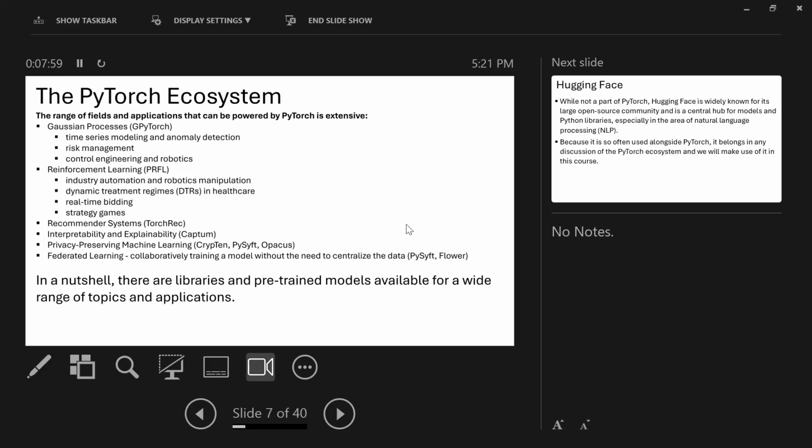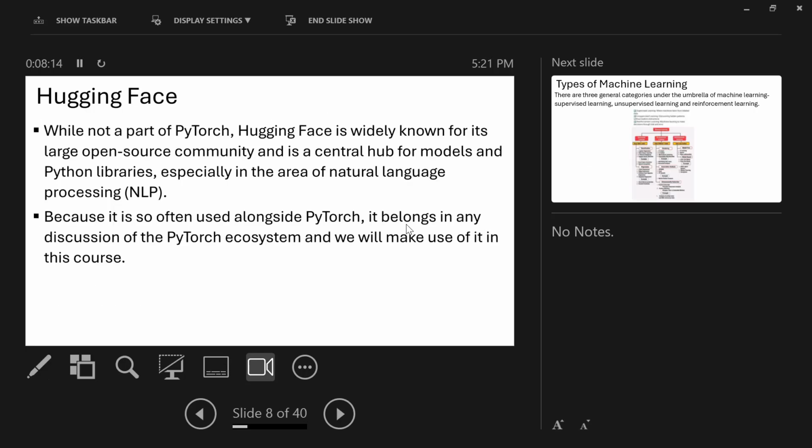So we also have the other ones like scikit-learn, TensorFlow. They can also do the same thing. It's just that we want to limit ourselves in this course to PyTorch.